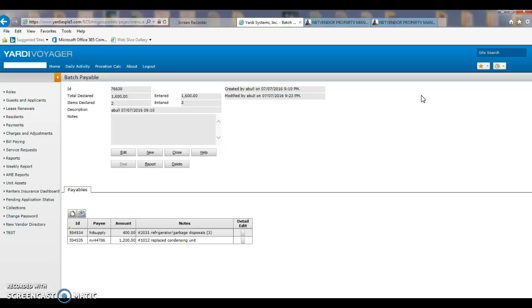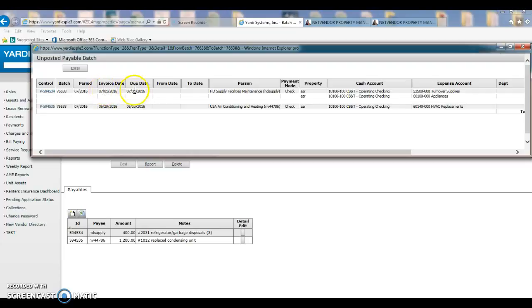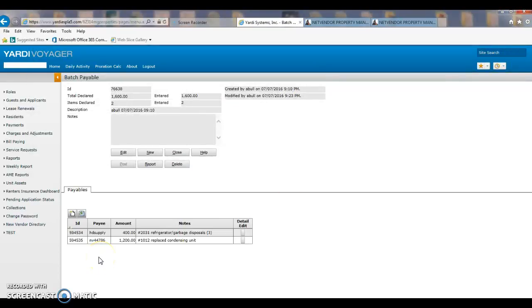But always, be green, don't make copies, just scan them to your computer or scan them to your email, create a folder where you can name it maybe payable batches or something like that, and then you can save all your scanned items in there. You can save them also by batch number, so when you're saving them, you can mention the batch number on it, 76638 for example on this one. And that way you can locate them easier when you're trying to locate a batch that you just sent to your accounting. Sometimes also